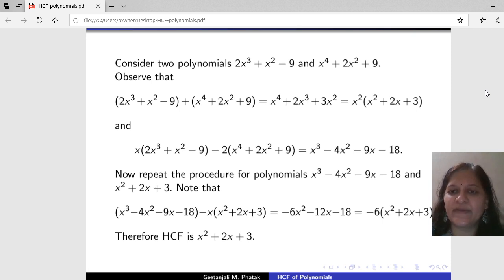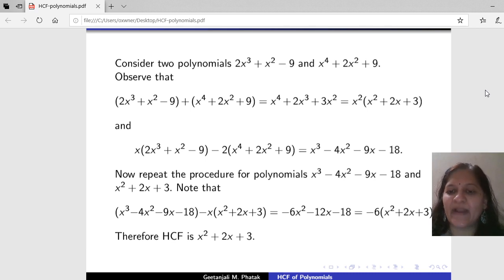Now consider the polynomials x square plus 2x plus 3 and x cube minus 4x square minus 9x minus 18. But directly we cannot see any common factor between these two polynomials. So again, repeat the procedure for this new pair of polynomials: x cube minus 4x square minus 9x minus 18 and x square plus 2x plus 3. Now look at their highest powers as well as their constant terms. Now if we want to remove the highest power, we have to multiply the second polynomial by x and then subtract. Then we get